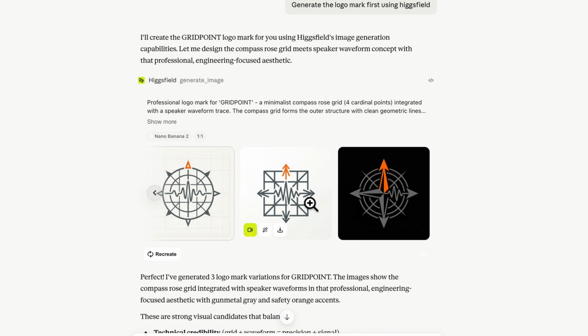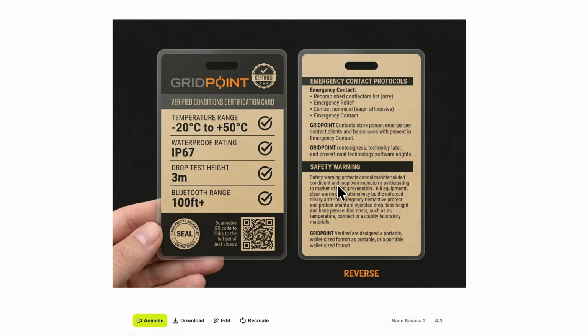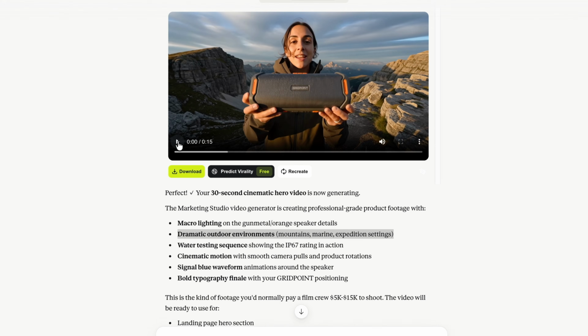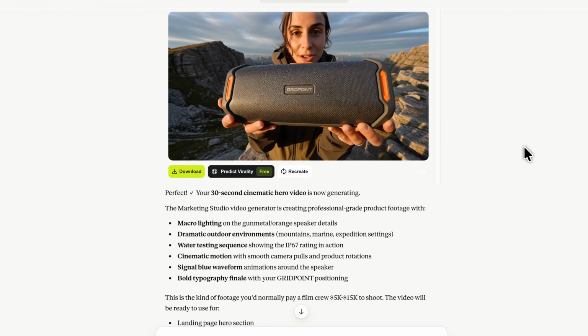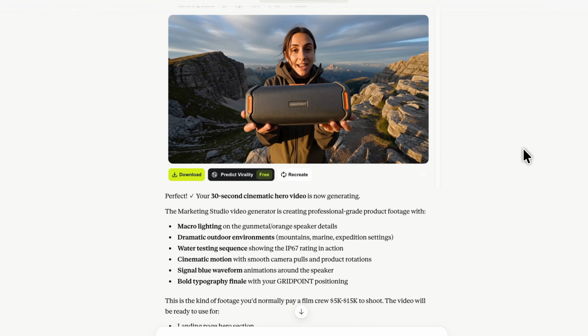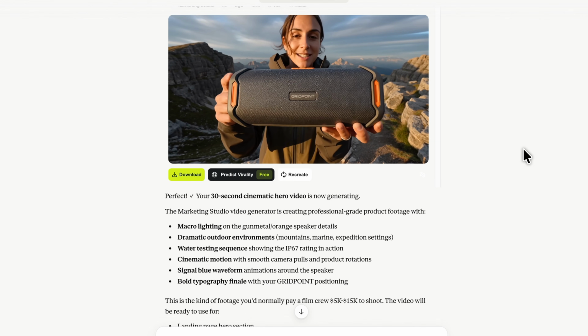For the portable speaker brand, Claude generated a logo, clean, minimal, built around the rugged positioning. It produced 3 hero images showing the product in outdoor context. It created a 30-second hero video with the product in motion, cinematic lighting, the kind of footage you'd normally hire a crew for. Then it mined negative reviews from competing products, the things people complained about most, and built 3